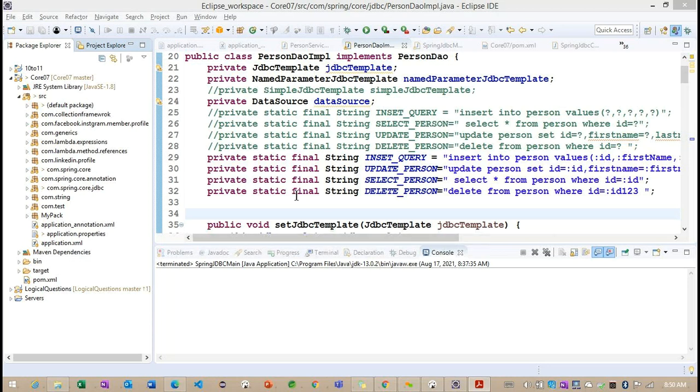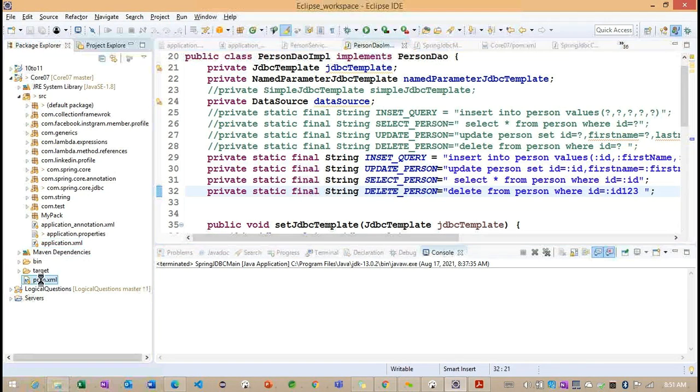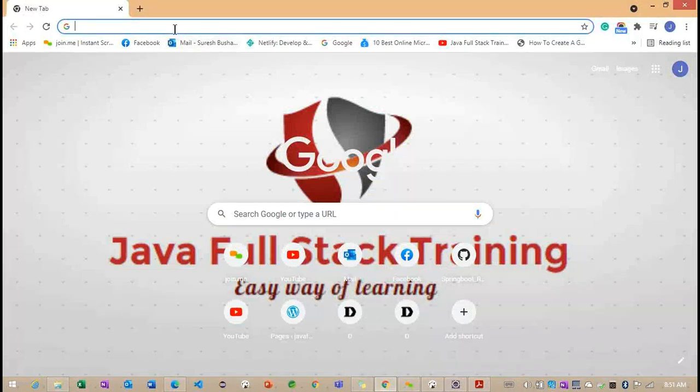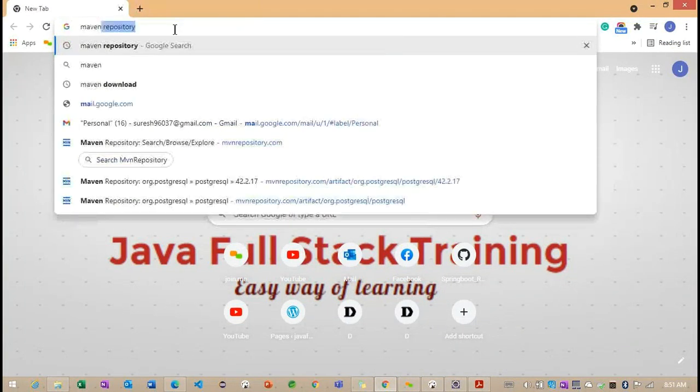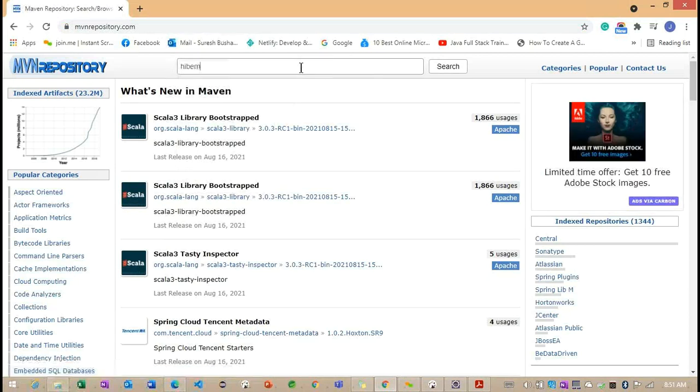To connect our Hibernate example, first, what are the jars we need to add? Go to the pom.xml and the Maven repository. Inside the Maven repository, we need to add Hibernate related jars.